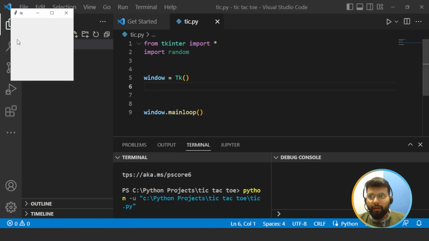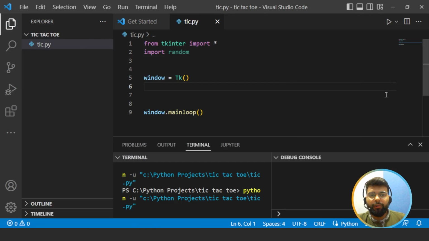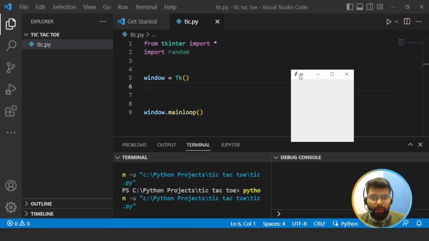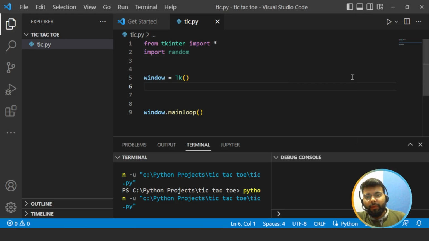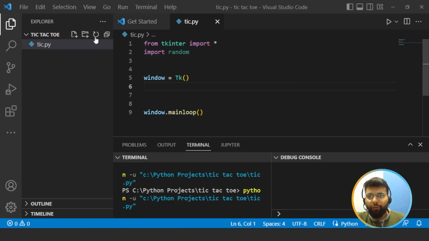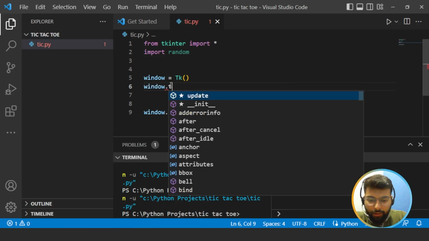So we have our Tkinter window here. This is a Tkinter window. We'll run it again. You can see that we have created a Tkinter window, and now in this window we'll add the widgets and the elements to create our own tic-tac-toe Python game. And starting with title, first we'll give the title to this Tkinter window, and we'll give it as tic-tac-toe game only. So for that we'll write the command window.title,